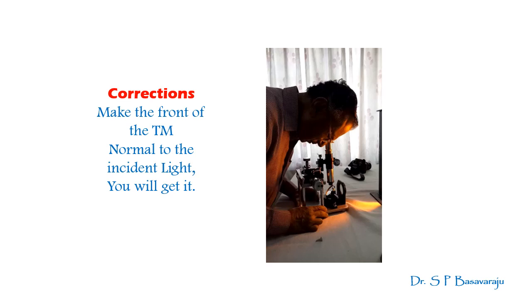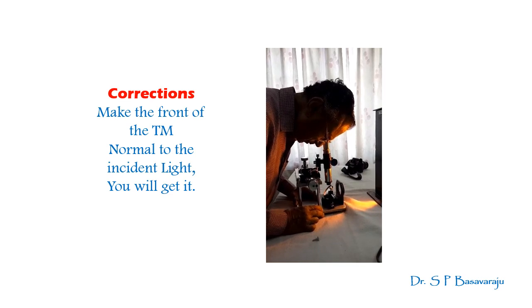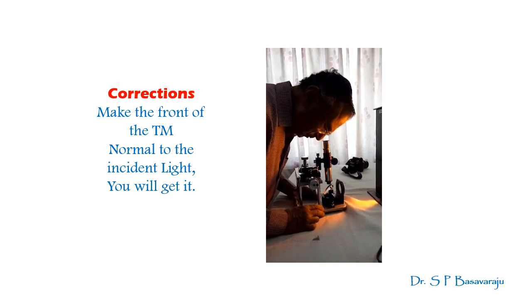First of all, be sure that the plane of the reflector is inclined at nearly 45 degrees to the incident light. Then, while looking into the eyepiece, hold the TM at its base in a mild grip. Turn the entire TM both ways a bit around itself like this. You will see some light that passes across each time. That's enough. Now you know roughly in which direction to look out for the light. Adjust the position till you catch the best light and then stop. Now maximize the brightness by working on the reflector again. You will be having an illumination more or less like this: a bright light along with a plus mark of the crossed lines.